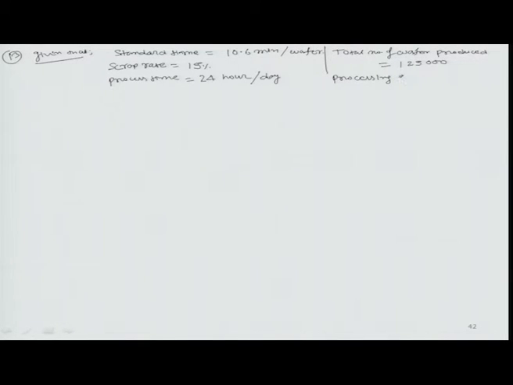Processing equipment availability is 93%, worker efficiency is 100%. So, we will have to calculate again how many pieces of processing equipment will be needed to satisfy the production requirement, that means the number of processing equipment we will have to calculate. So, this is a very simple thing. First we will calculate the workload.